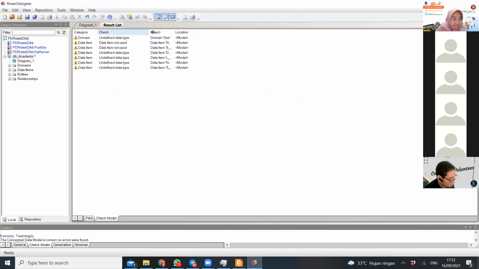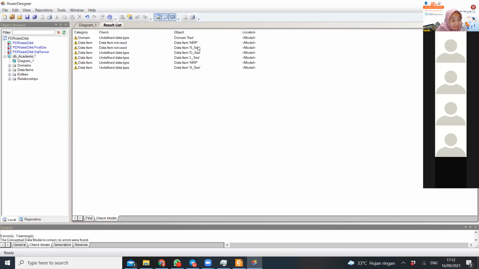Let's see. It will give you several warnings such as undefined data type text, undefined data item NRP. I think that these two columns came from the student's entity, right? And also SX, it came from the student entity that I've already deleted previously. In order to eliminate these warnings, we can